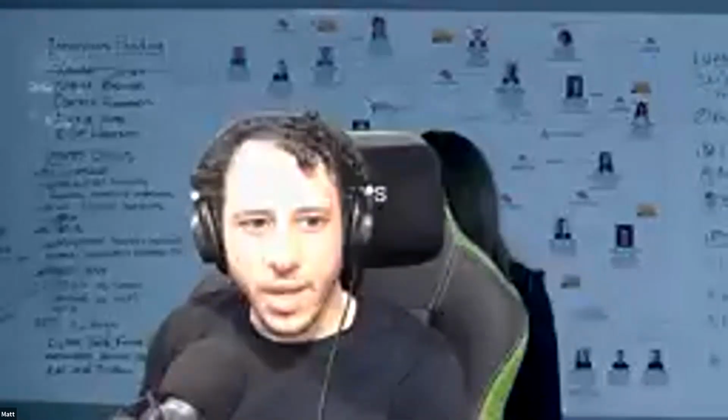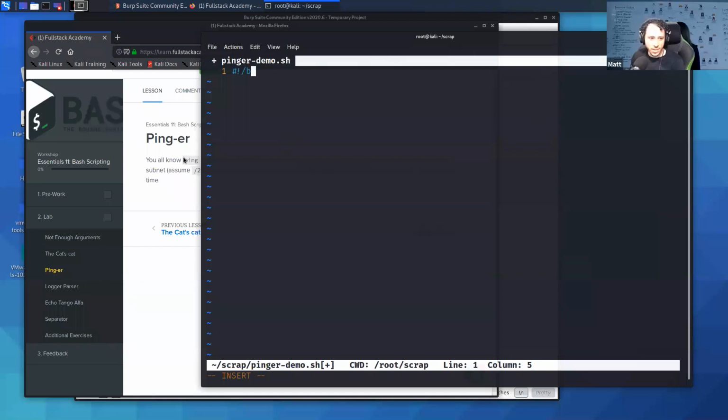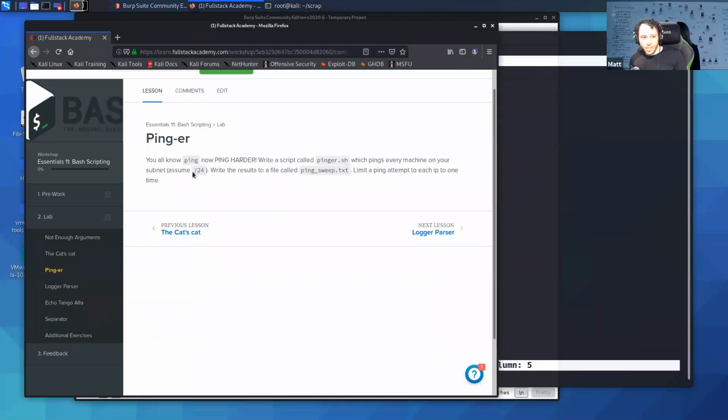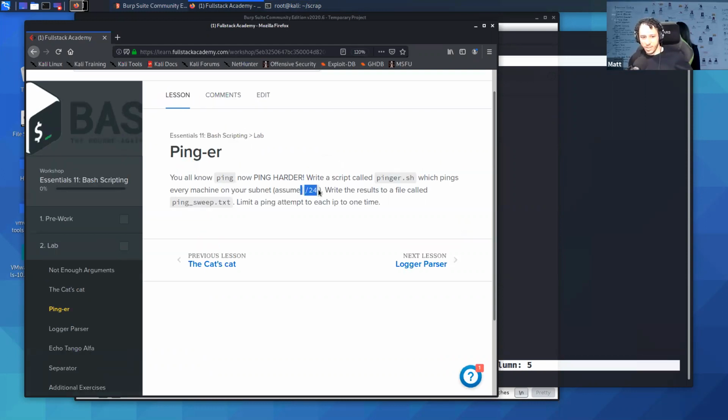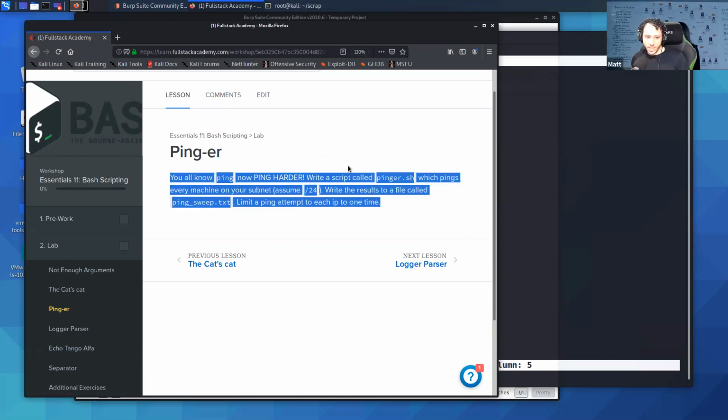All right, we are going over the pinger problem. Share my screen now. You can see here. The prompt is asking us to use the ping command to sweep, write a script called pinger that will ping every machine on the subnet. And we're going to assume it's a /24 subnet, and then write those results to a file called pingsweep.txt